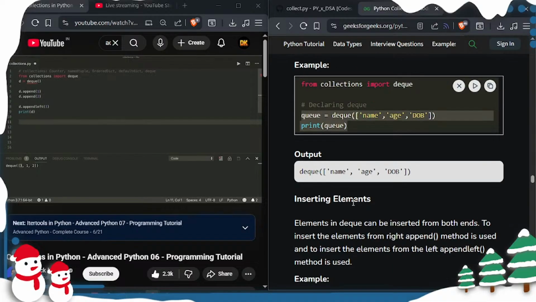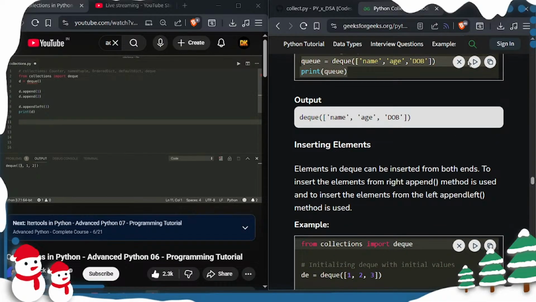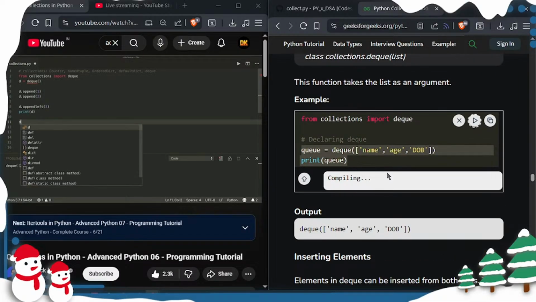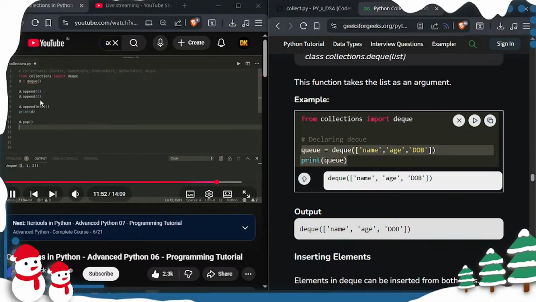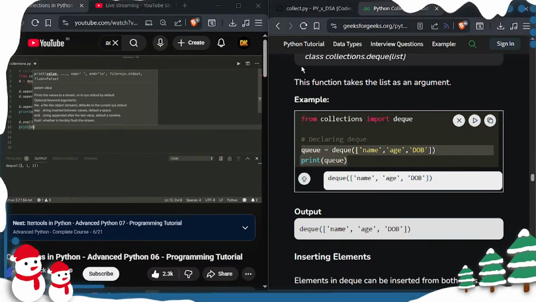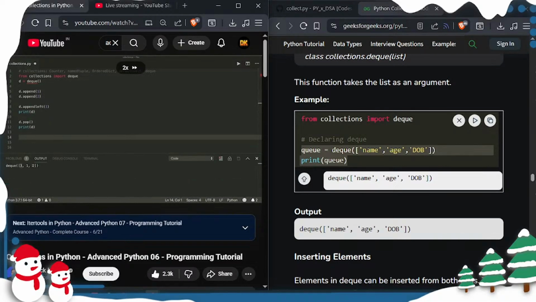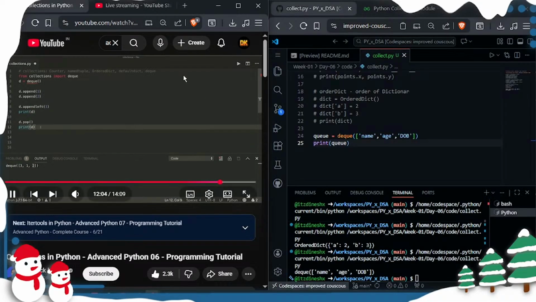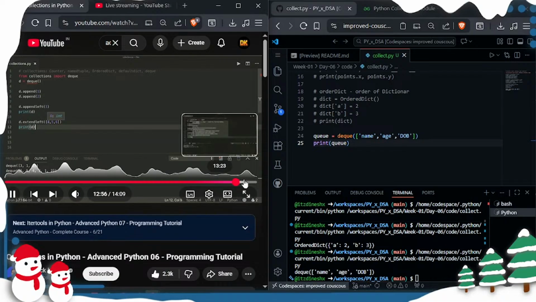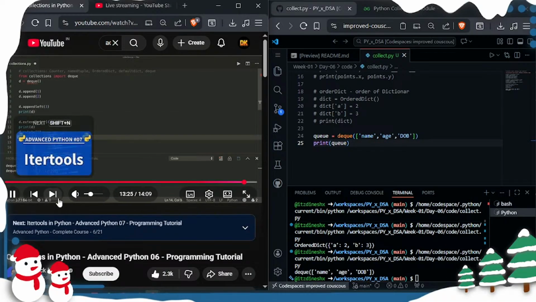And we can also again remove elements from both sides. So we can say d.pop(). And now if we print our deque, then we will see that with pop, this will return and remove the last element. So now the 2 got removed. Note that we will see that this will rotate